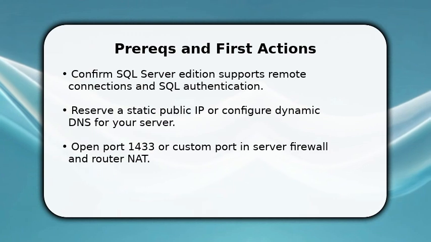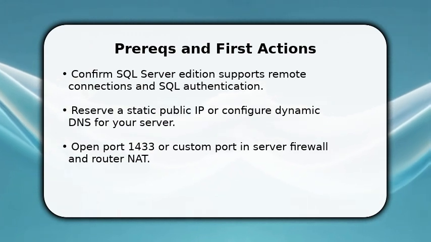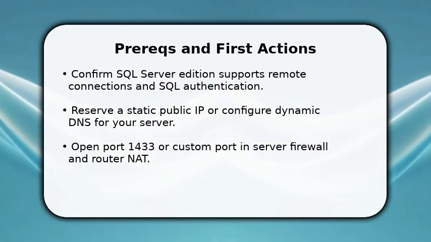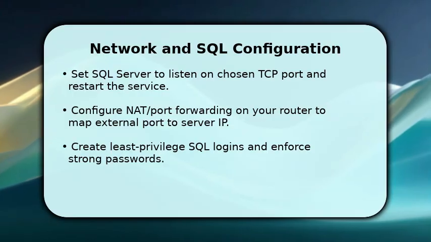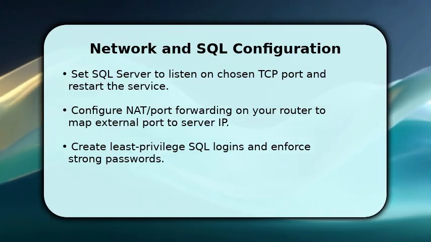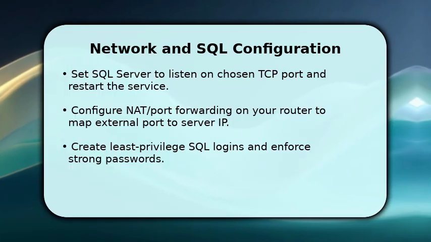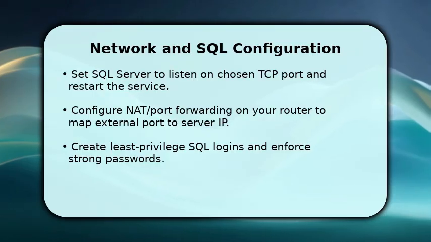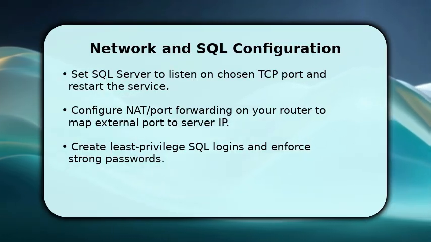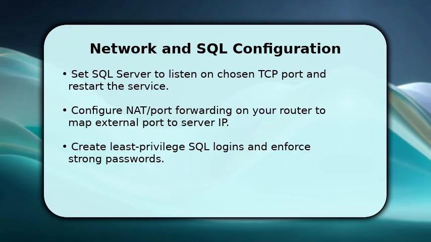Make sure the SQL Server service is running and set to automatic, so connections are accepted afterward. Next, you edit the SQL Server network configuration to ensure it listens on your chosen TCP port, and then restart the database service to apply changes. Make corresponding NAT or port forwarding rules on your edge router to forward the external port to the server's LAN